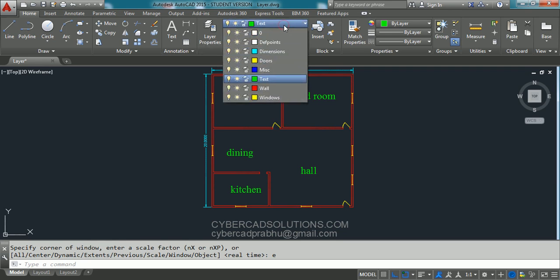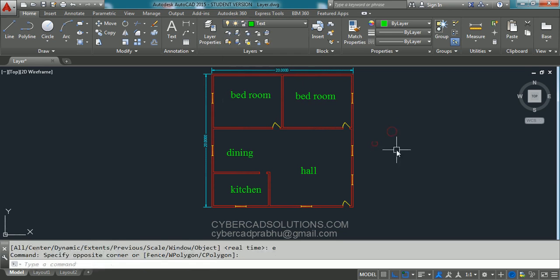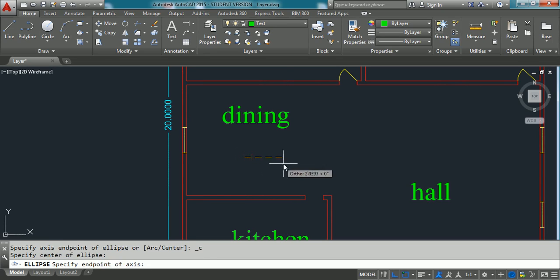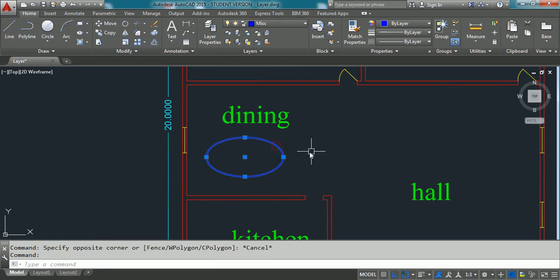And we have miscellaneous layer is there. If you have anything else like any furniture, if you want to show in the dining hall, then you can show it in miscellaneous layer. Say for example, I would like to show one small elliptical dining table over here. Go over here and take some ellipse like this and select this one and drop in the miscellaneous layer like this, so that it can look like a dining table. And you can set the current layer as miscellaneous and draw a small circle over here